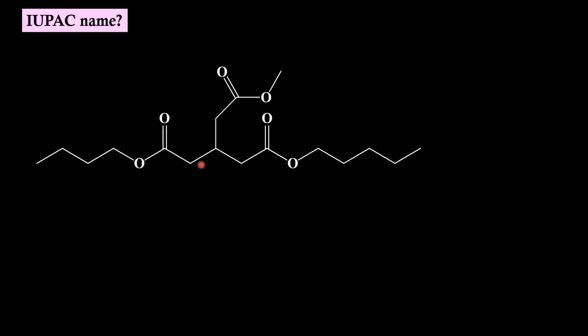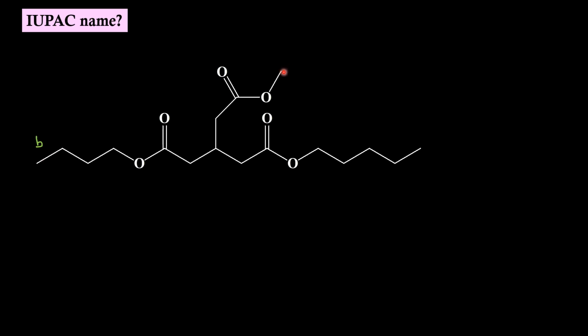This is a triester. While naming this triester, we can include 2 esters in the parent chain and consider them as suffix. The third ester will be considered as a prefix. Now to choose which one is a suffix and which one is a prefix, we should take the help of the name of this alcohol part. Here we have 4 carbons, so its name starts with B, butane, butyl or something.